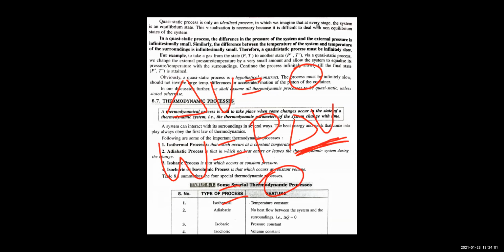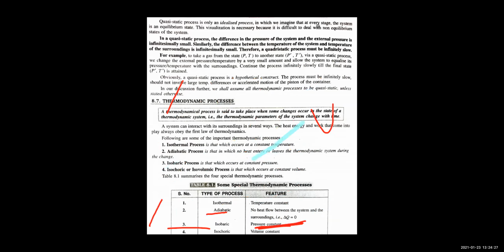So in isochoric process, your del Q equals to del U plus del W, but del W is zero. So whatever heat you are giving to the system, that will go in changing the internal energy of the system, in changing the temperature of the system alone. No work will be done during the isochoric process.